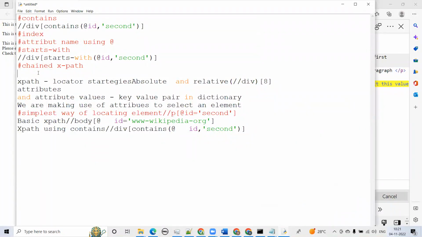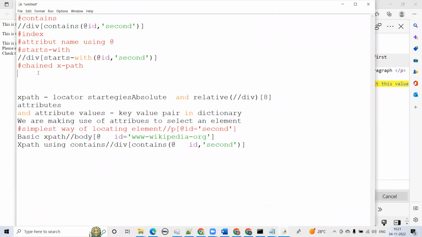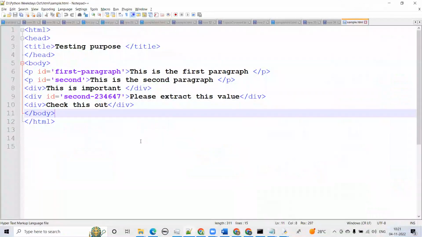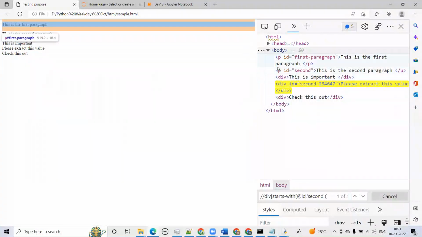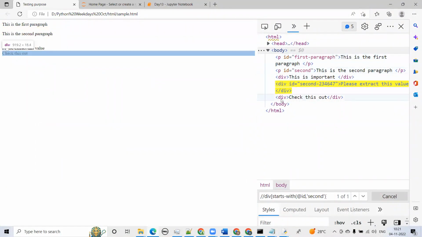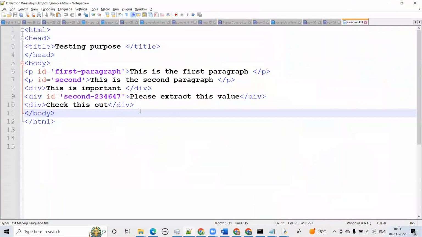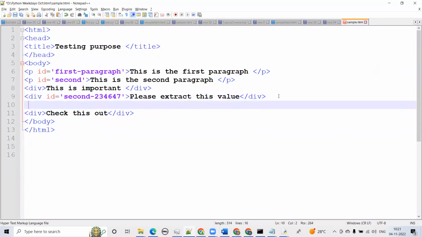So let's come to chained XPath. Chained XPath is something, for example, if we go to the HTML here, inside body we have this, inside P we have this. Let's modify our HTML file. Inside div, I'm creating some subtags like